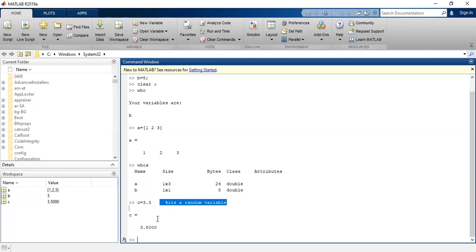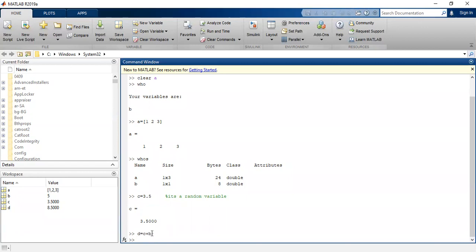Now if you want to add two variables, for instance, I want to add B and C and store it in a variable named D, the command will be D is equals to C plus B, and we use a semicolon to suppress the result.